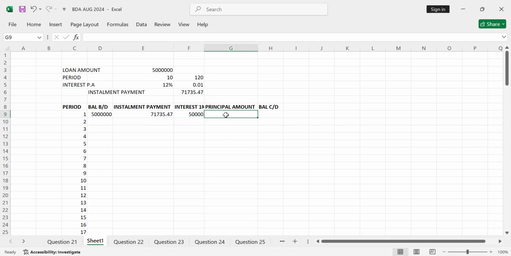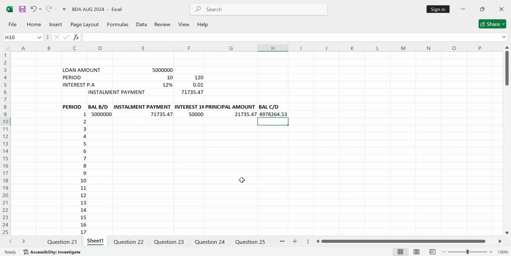Also get the principal payment, which is equals the installment payment minus the interest. Enter. And then also you'll have the amount as at the end. The amount at the end will be given by the amount at the start minus the principal payment, which in this case is 21,735,